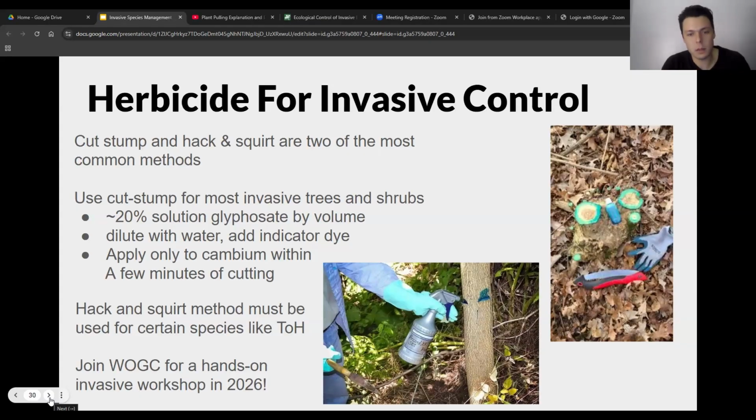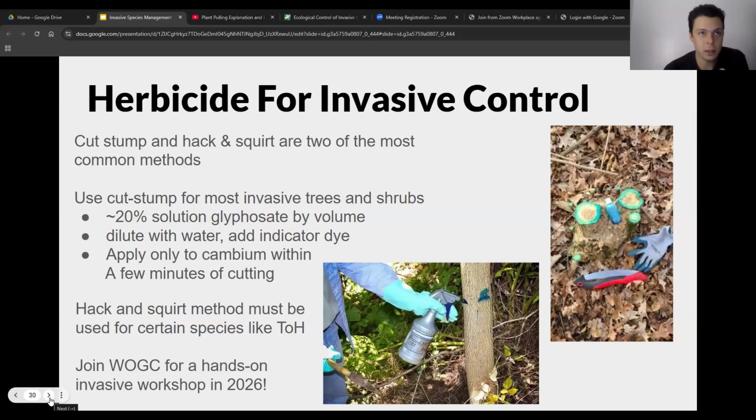The other method of control that we're going to talk about is the hack and squirt method. So we talked about tree of heaven, the host for the spotted lanternfly, and one of the invasives that's really getting the stick in the past couple of years, I think, for good reason. As Allison said, if you cut that down, even if you don't treat the stump, or even if you do treat the stump rather,